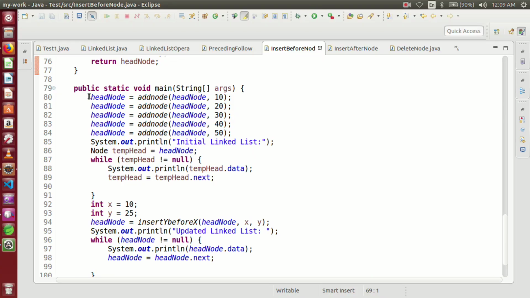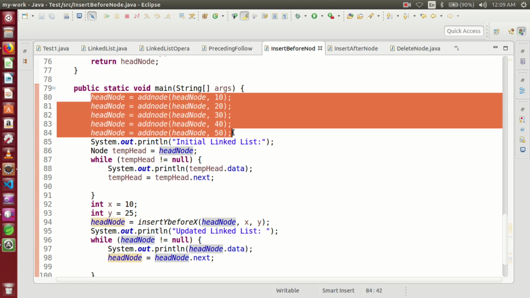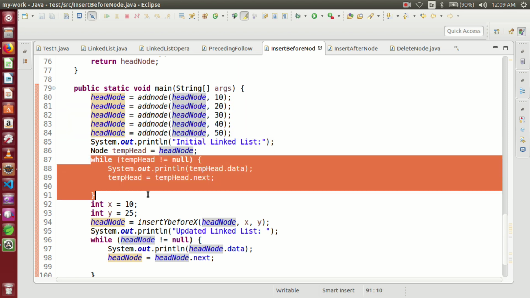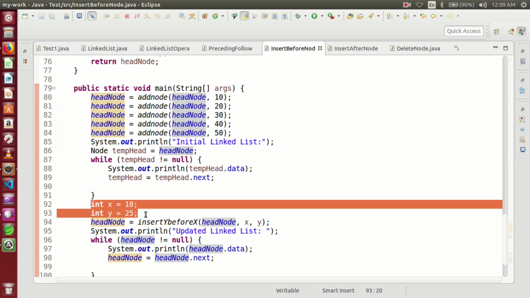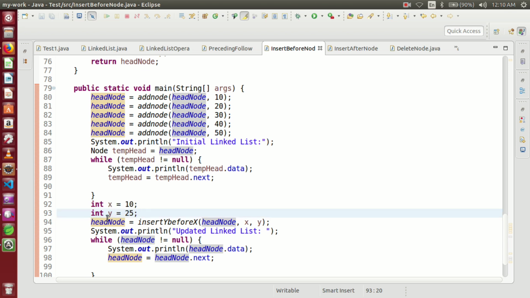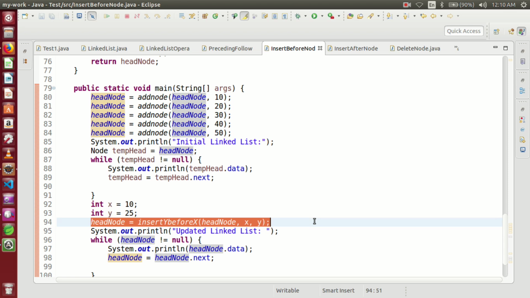Now let's see the running code to insert element y before x. Here I have already created one linked list with the elements 10, 20, 30, 40 and 50 and I am printing this linked list as it is with this while loop. After that I have initialized x and y with 10 and 25. So we need to insert the value 25 before 10. After that I am calling